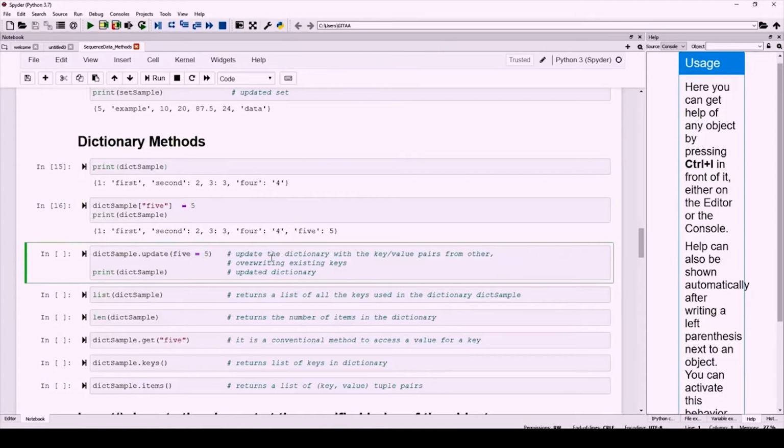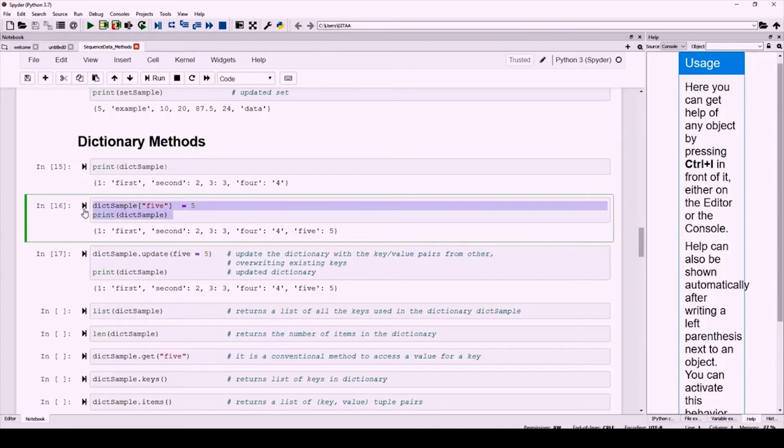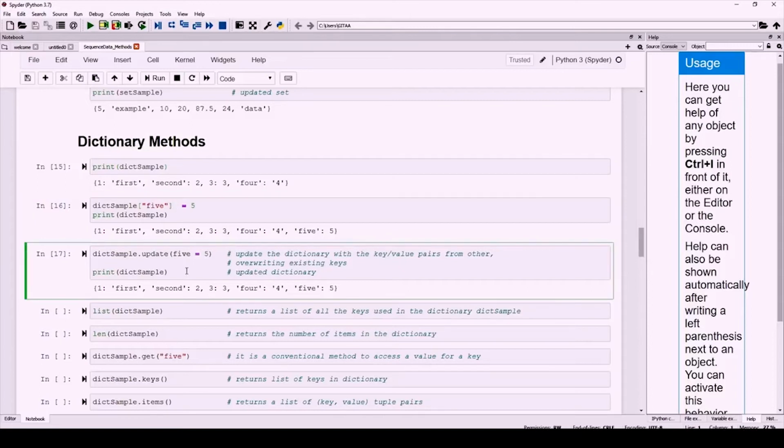So we are updating the dictionary with the key value pair, that is 5 is equal to 5. So it is just going to do the same thing but in two different ways. Here I have just created a new key value pair by just using the equal to operator, and by creating a new key using the square braces. Here I am just using a method to do the same.